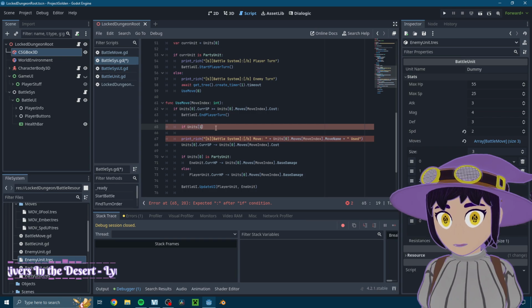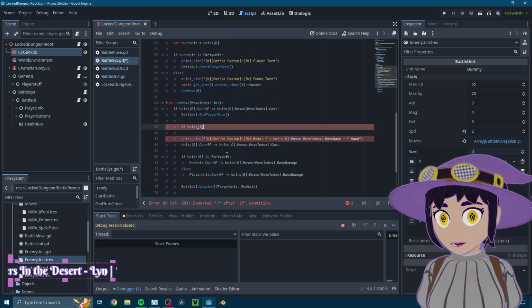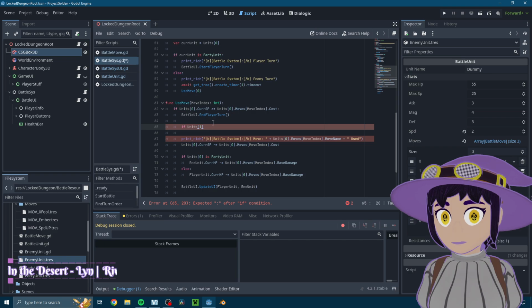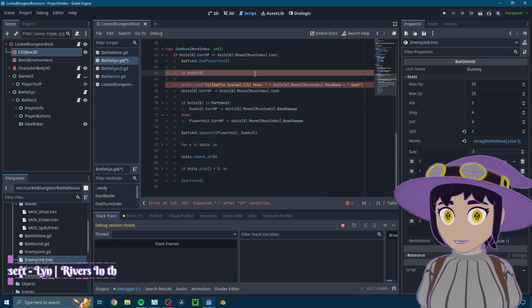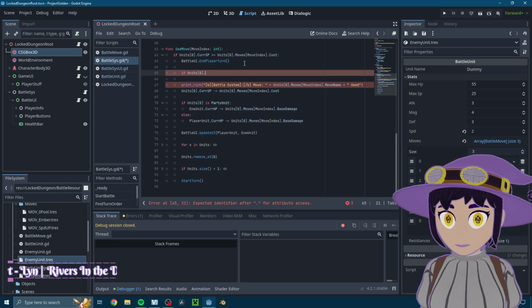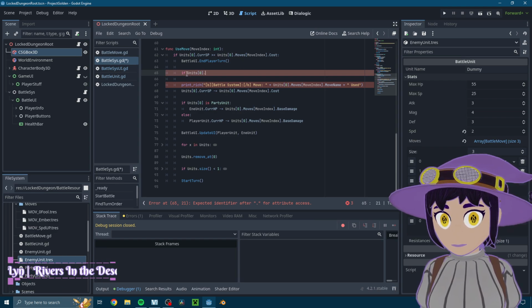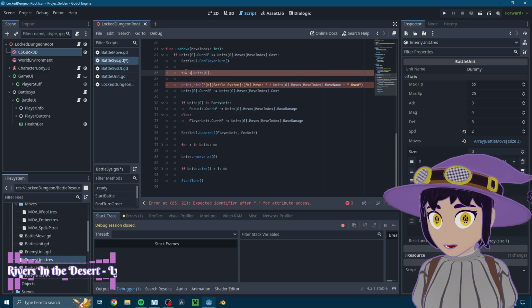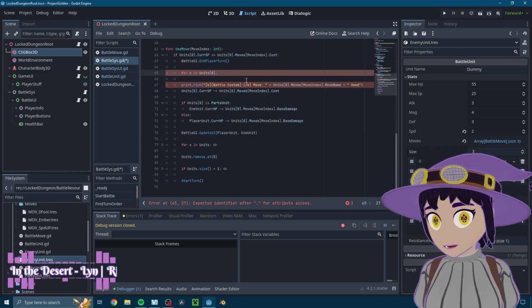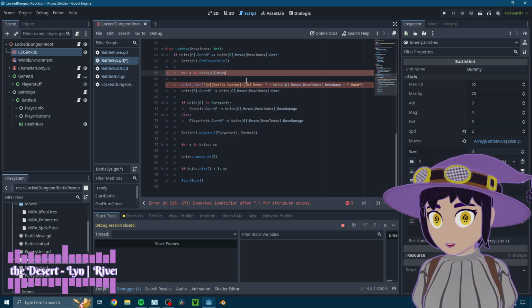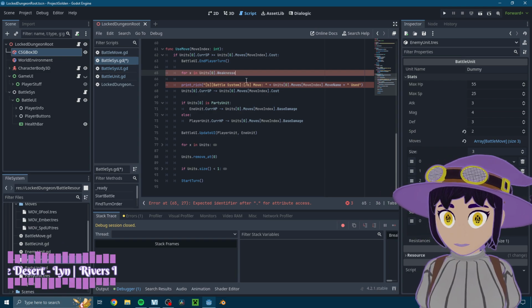It should be units 1 if it's like the opposing unit. Wait, no. Stupid. Units dot... So 4x in units dot weaknesses